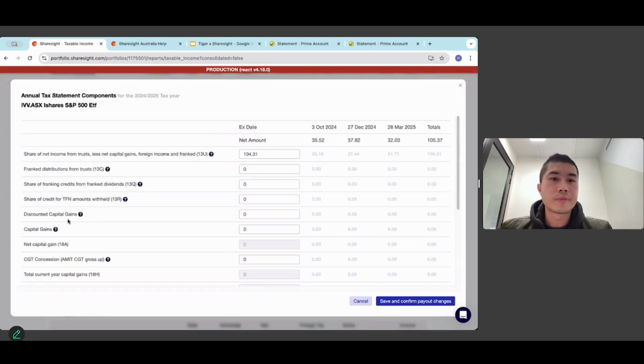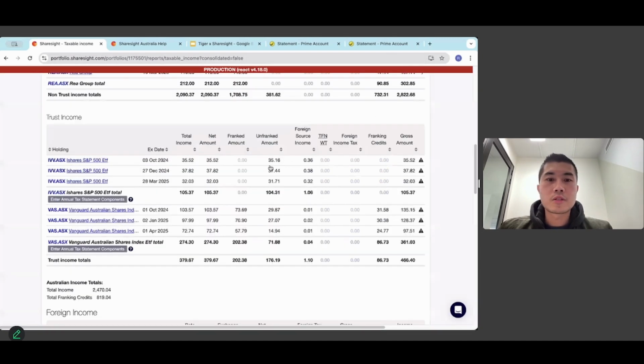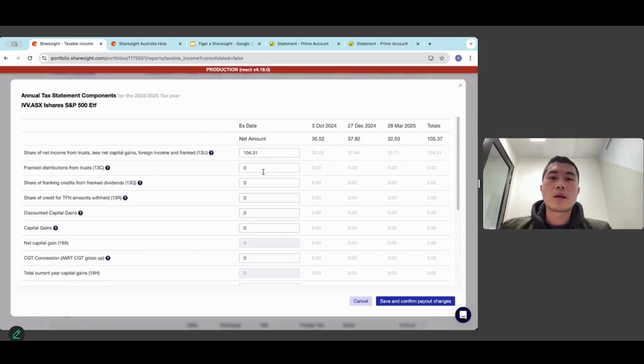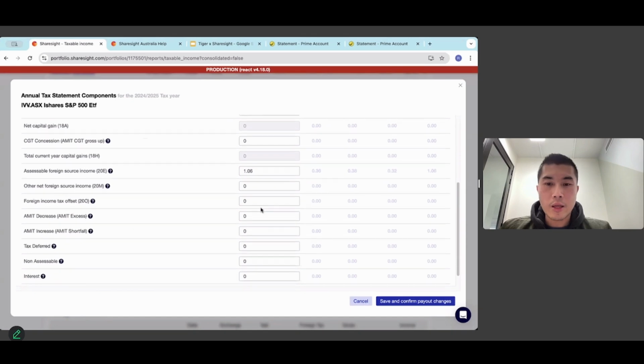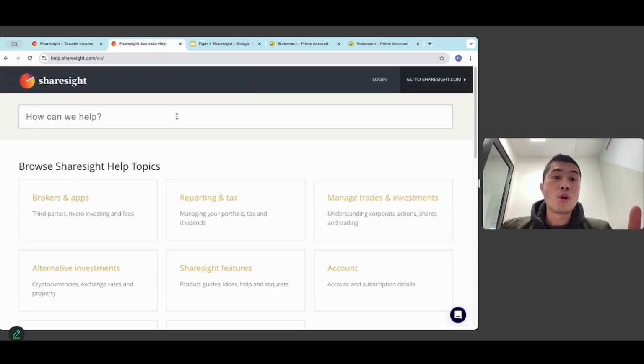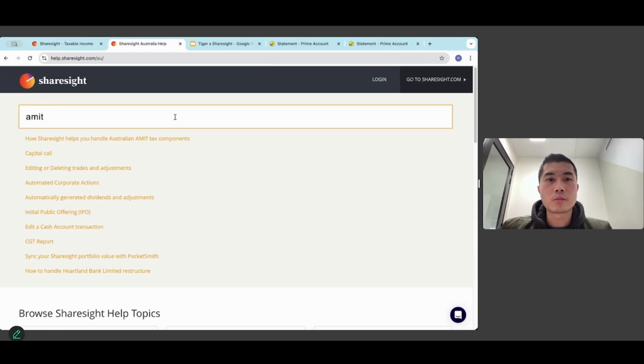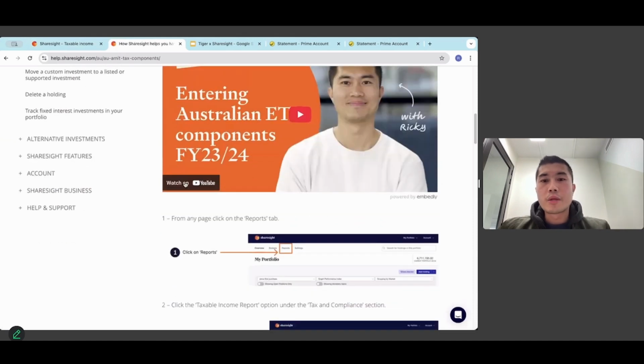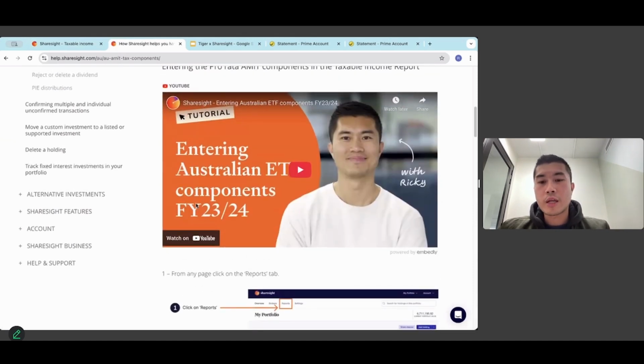There's a button right down here, Enter annual tax statement components. You can open this, and again it is based on the labels, 13U, 13C, which are on the statement. You can enter the amounts in there. If you're not too sure how to do it, you can go to help.sharesight.com. We have quite a lot of help pages there, and if you search for AMIT, there's a video of me showing you how to fill in the annual tax statements. But this is for last financial year,